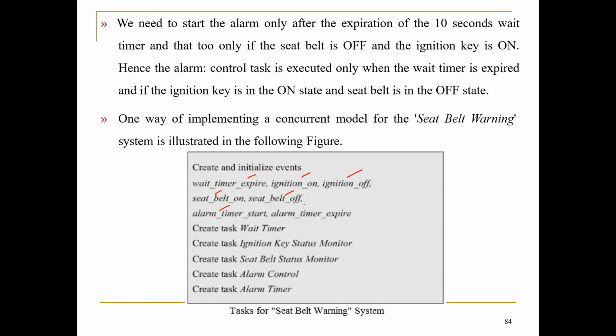Alarm time start. Alarm time expire. So there are normally 7 tasks to be performed. See, what you do is you create separate tasks here. Create task wait timer, create task ignition key status monitor, create task seat belt status monitor, create task alarm control, create task alarm timer. So you divide the tasks into multiple tasks or subtasks and you ask the same person